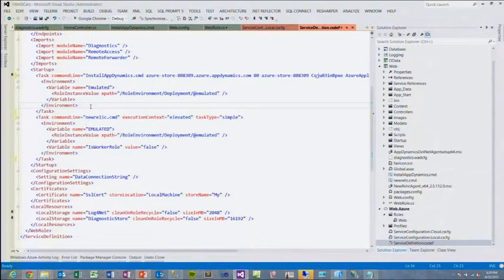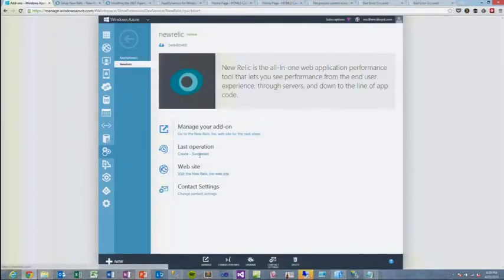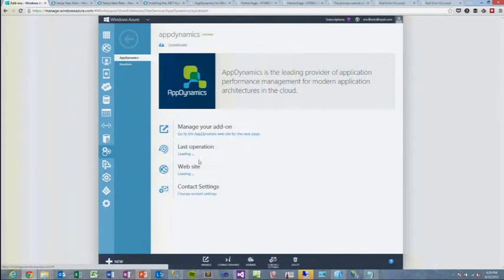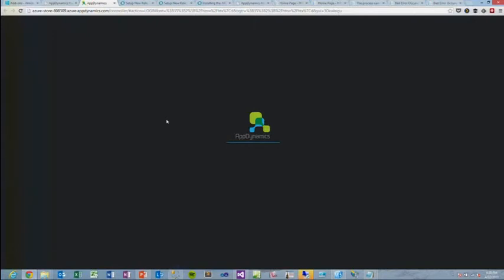And when I do that and deploy that out to Azure with my service, if I go back to AppDynamics, I will be able to drill into a nice portal that will show me what's going on in